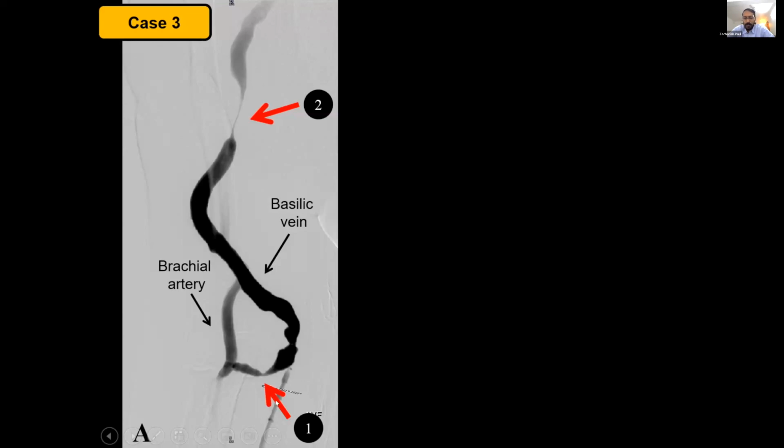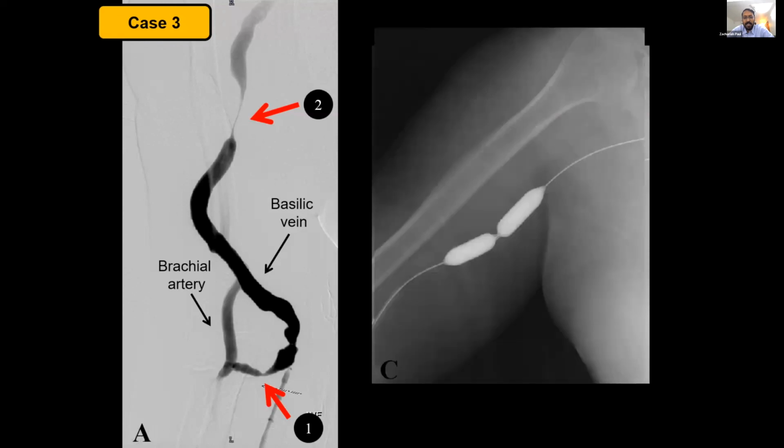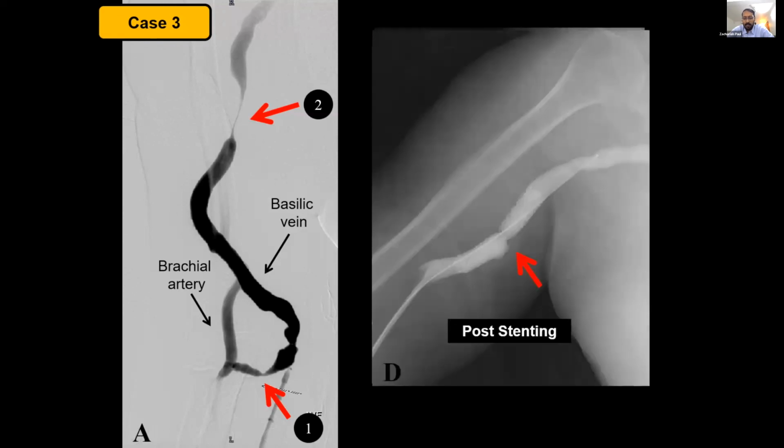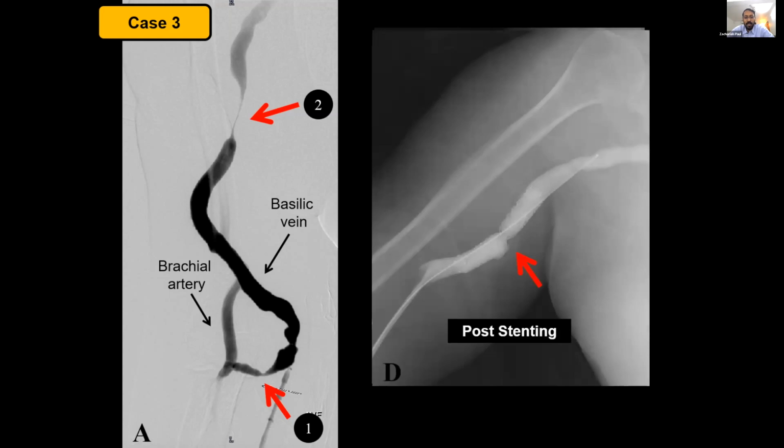So this was way back in 2013, and it was a patient for whom we of course had limitations in terms of resources at that point of time. So we attempted a balloon angioplasty. We decided to go ahead with the bare metal balloon-mounted stent. We started inflating, and this was the best that we got. We went up to 16, and we had to make do with this, and we deployed the stent, and we got out.